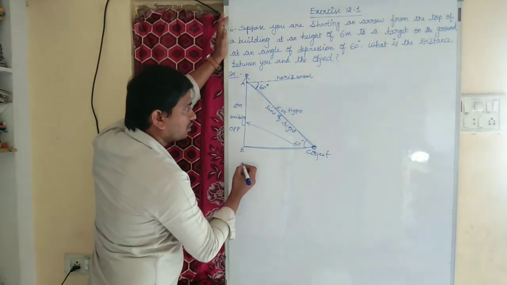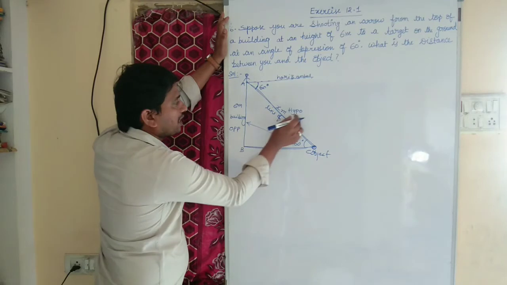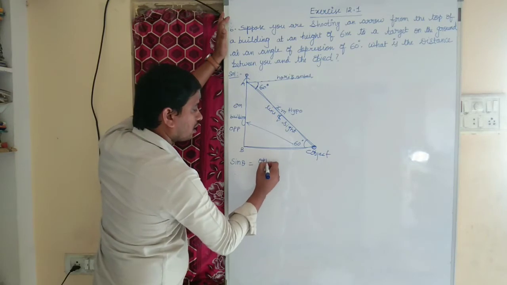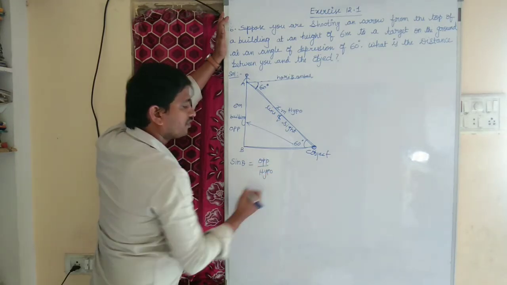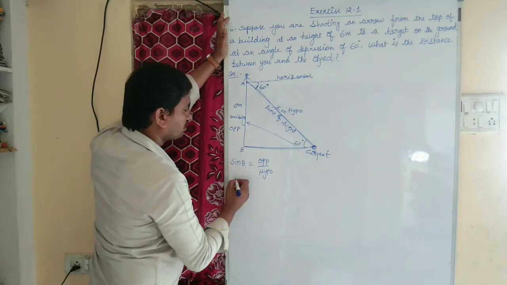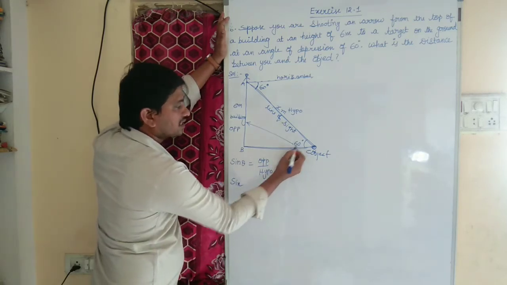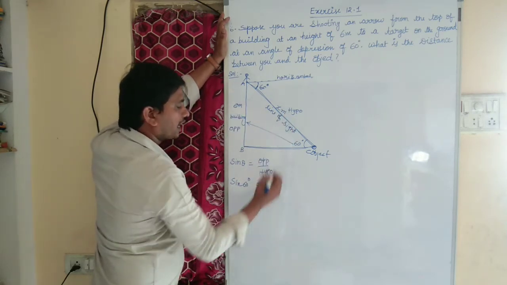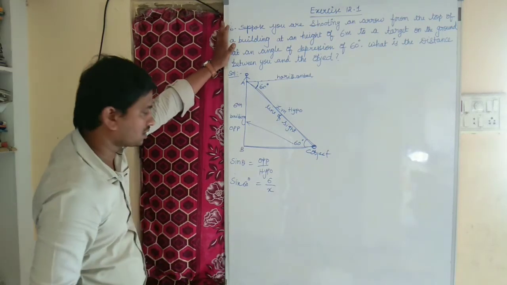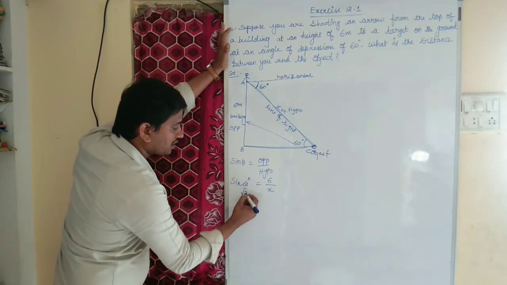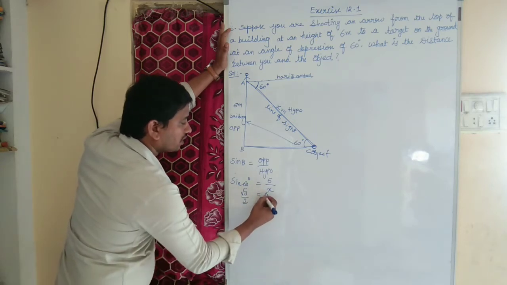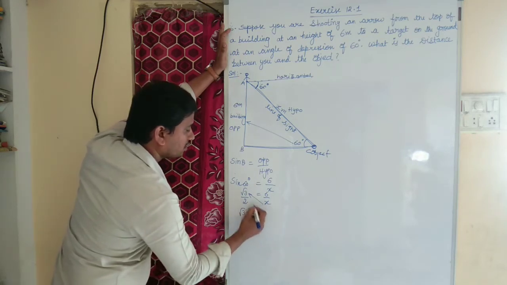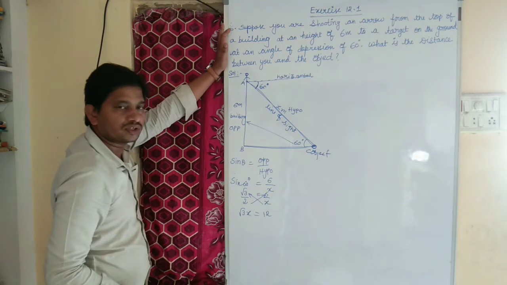What is the trigonometric function whose ratio is opposite by hypotenuse? Of course, that is sin theta. So the sin ratio is opposite side to the hypotenuse. Here theta is 60 degrees. So sin 60 equals the opposite side, 6 meters, over the hypotenuse, which we need to find, x meters. What is sin 60? Sin 60 is root 3 by 2, equal to 6 by x. Root 3 into x, root 3x, equals 2 into 6, 2 6s are 12.